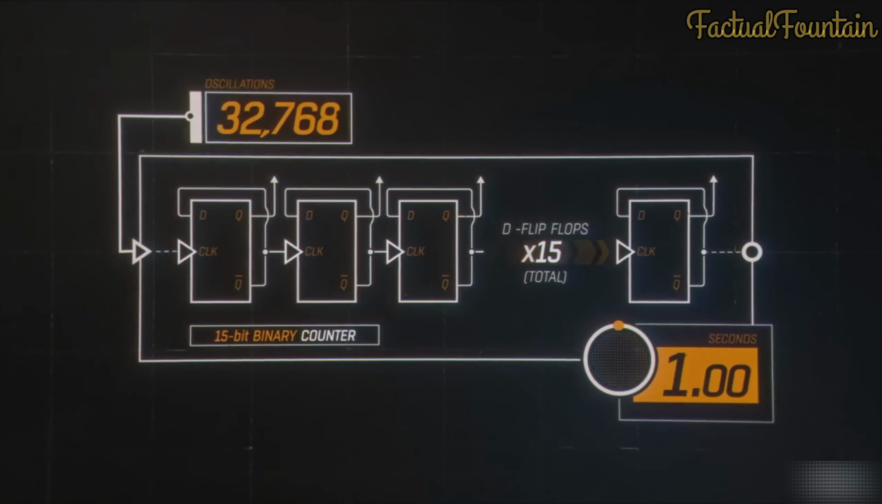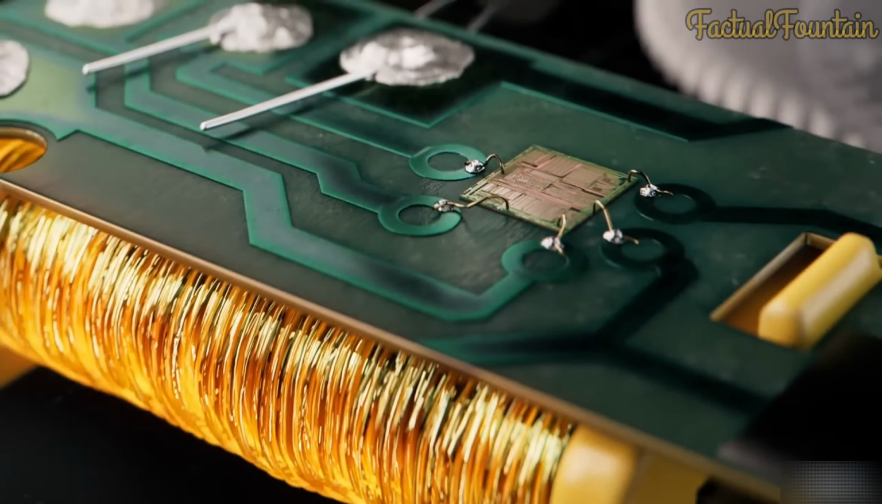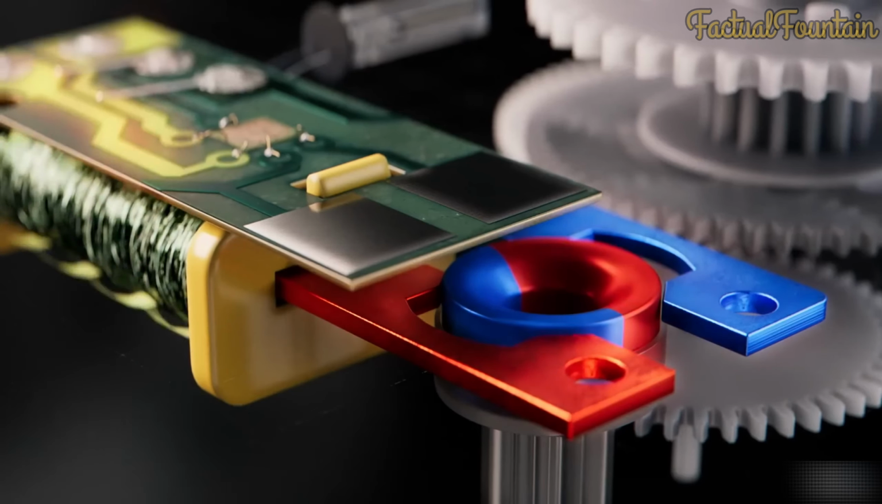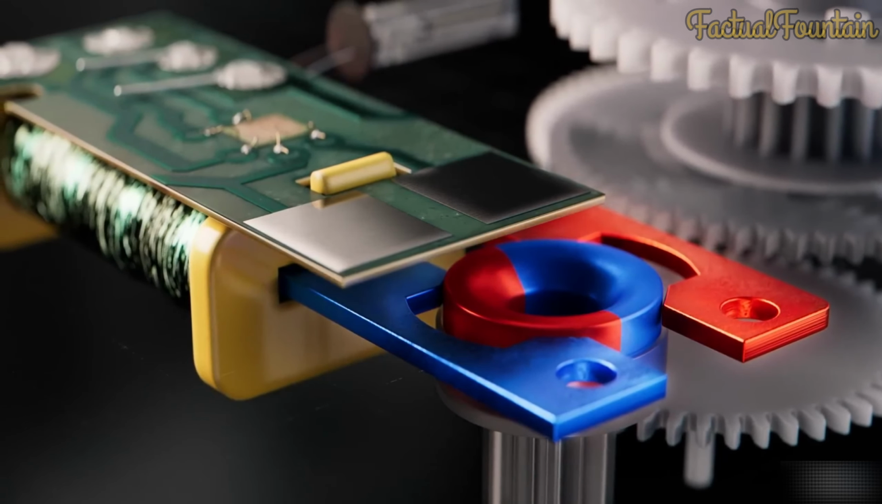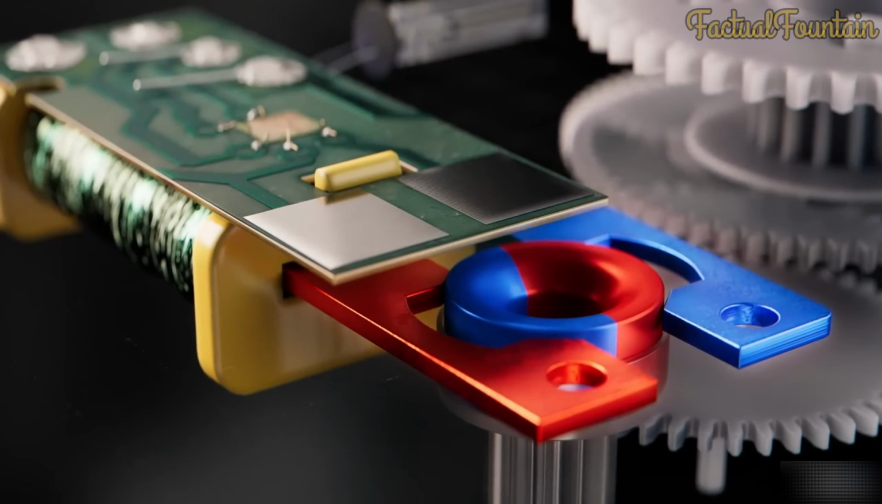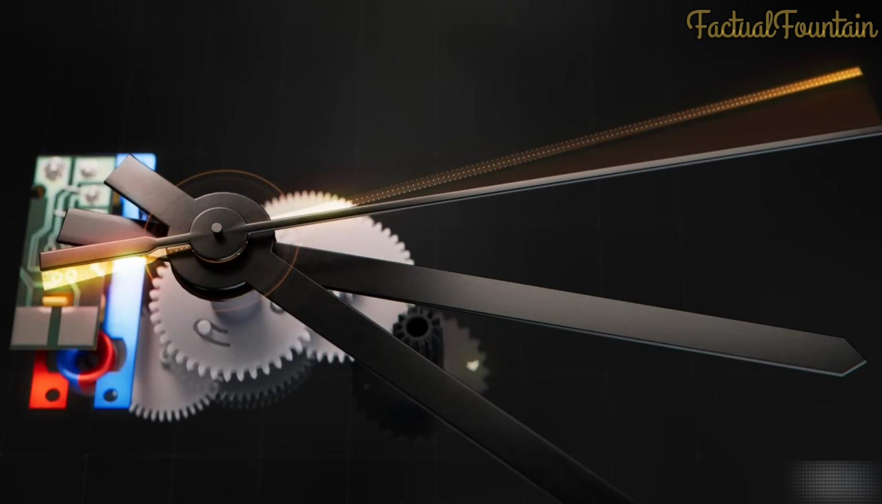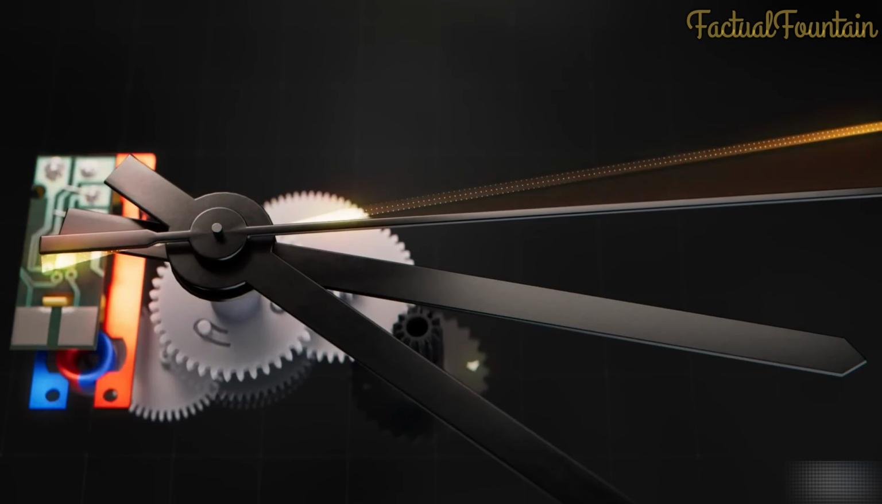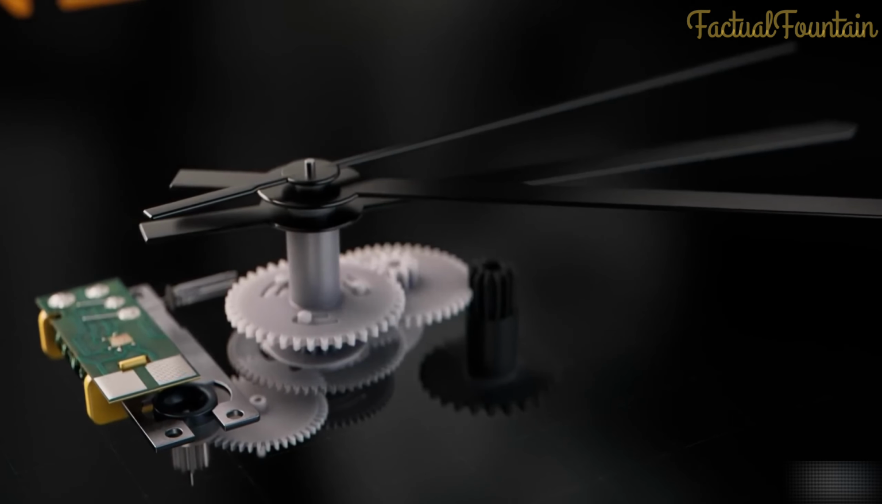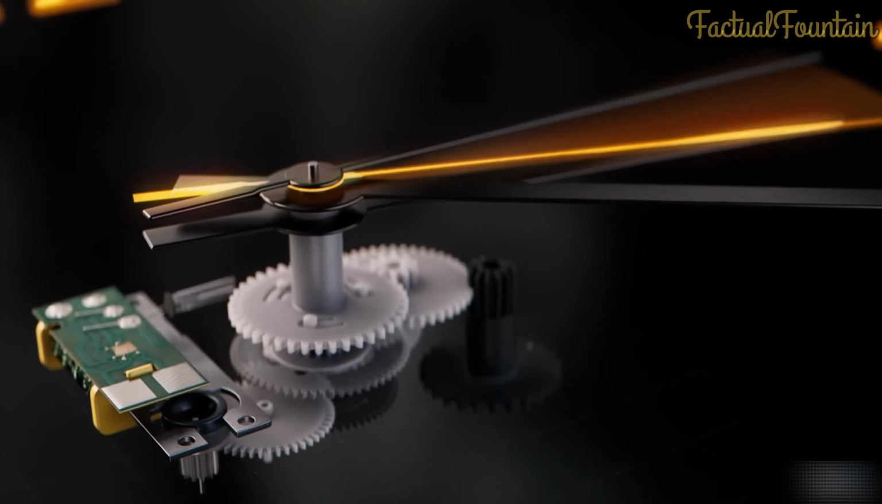And after 32,768 cycles, which takes 1 second, a signal is sent to the electromagnetic controller, telling it to flip the direction of the electromagnet, thereby rotating the driver gear around 180 degrees and moving the hands of the clock forward by 1 second. One thing to note is that if your clock is either fast or slow, it's most likely because